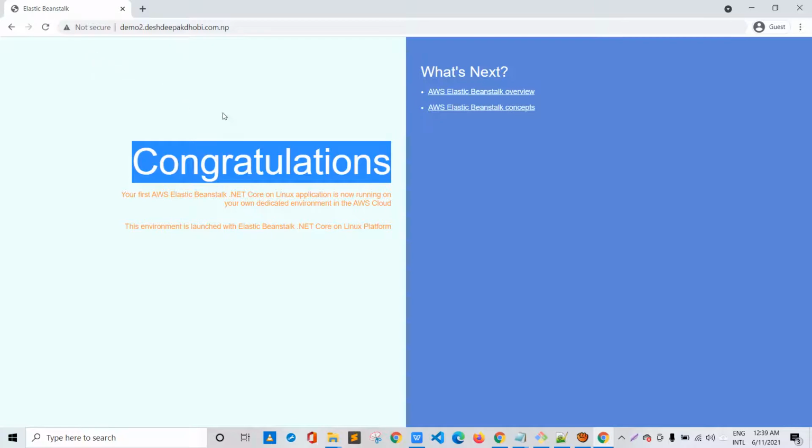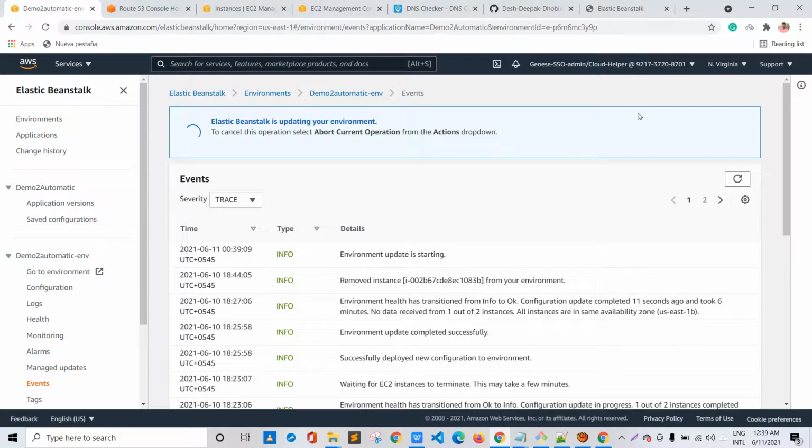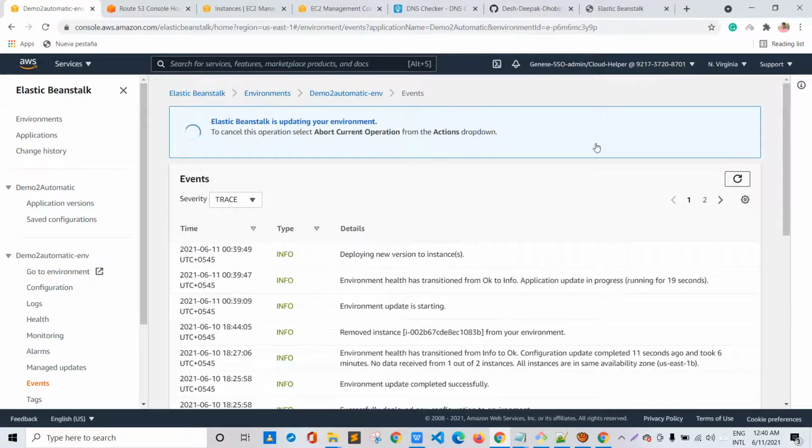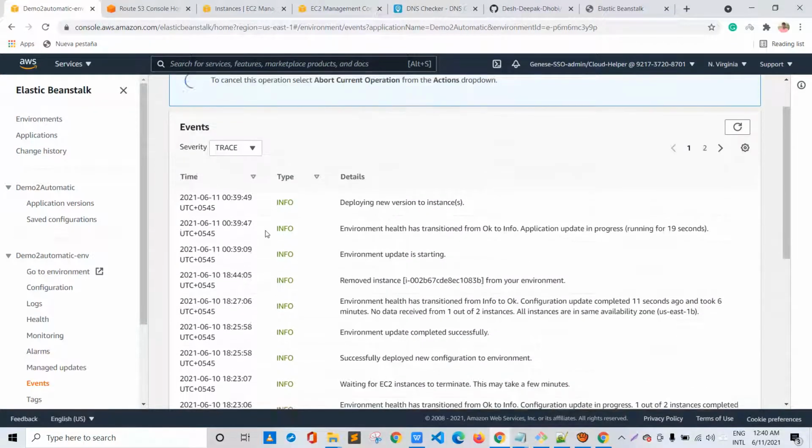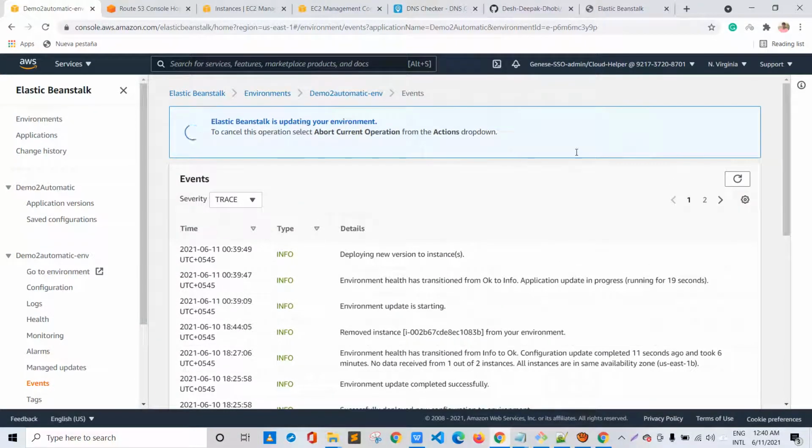So let's see if it works or not. Let me go to my Elastic Beanstalk environment and refresh this once. It says deploying new version to instance. Environment health has transitioned from OK to info. This information can be very good in case you get any sort of errors.